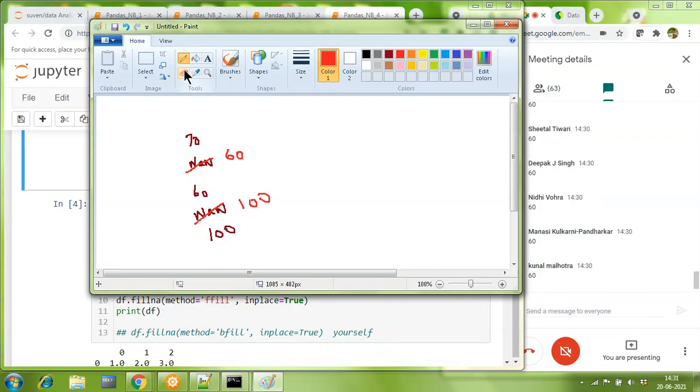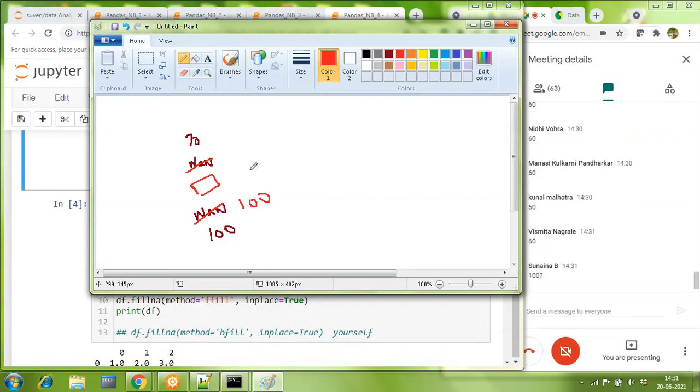So a quick question on this: instead of the 60, suppose you have a blank cell here. There is no NaN. It is simply a blank cell. Then what do you think the 60 prior will become? Keep the rule as a rule.